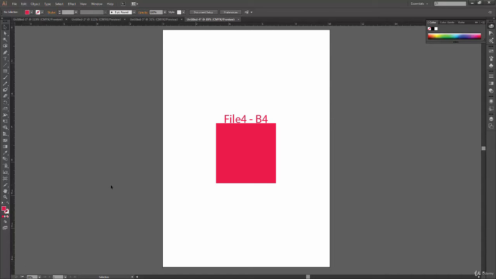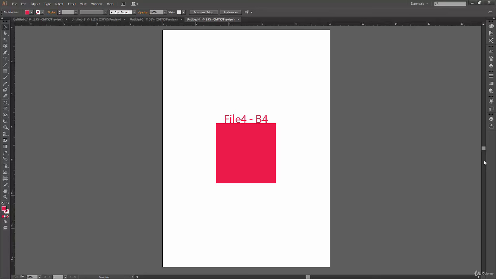Having understood rulers, guides, dragging guides onto your document, and the unit of your document, we'll move on to the next thing, which is called the panel bar. We haven't covered it yesterday. I intentionally left it out. I covered it while recording, but during editing I decided to cut it out because there was too much going on in a single video, and I didn't want to load you with so much stuff in a single video. So I intentionally cut that part, and I'm going to cover it in this video.